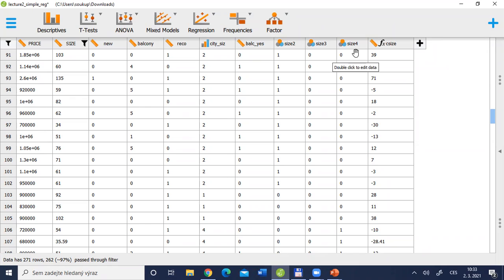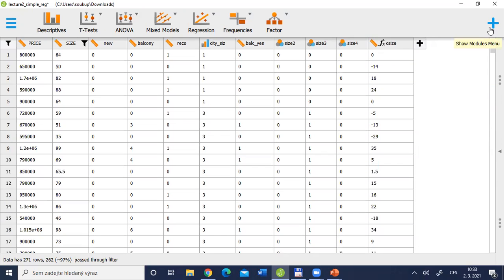Once again, one of these categories I must omit, and I decided to omit category size 1, which is expected to have the lowest prices of flats. So here I have 3 new variables, and instead of the original variable, which shouldn't be implemented into regression, I would implement these 3 dummy variables. So